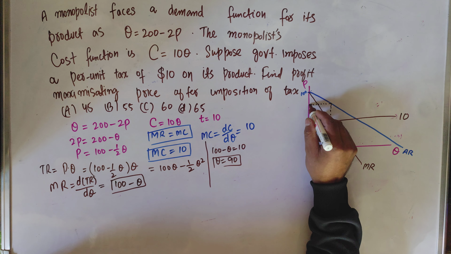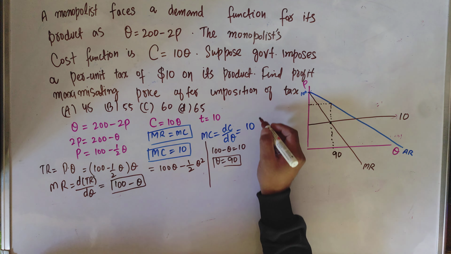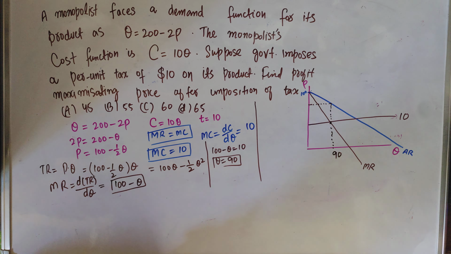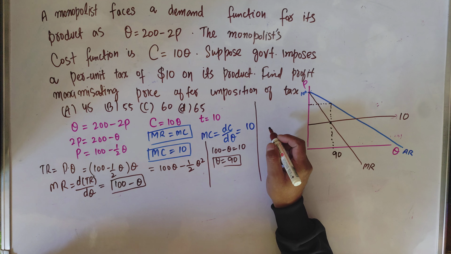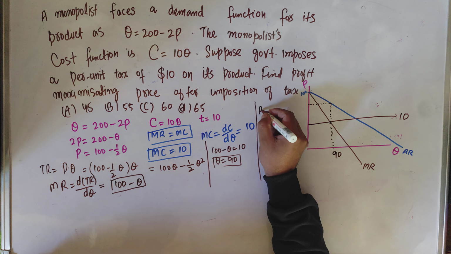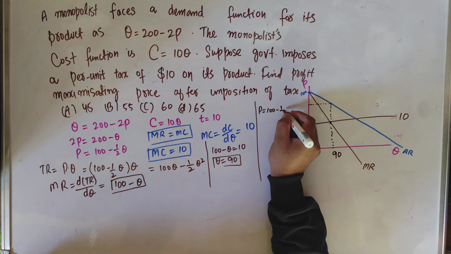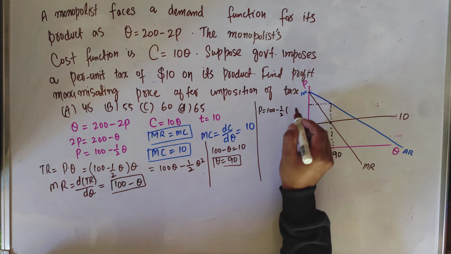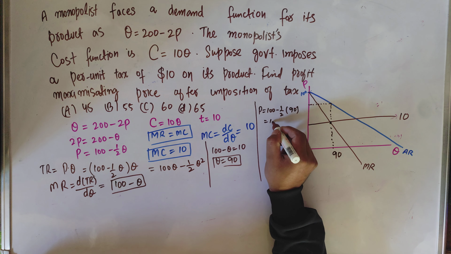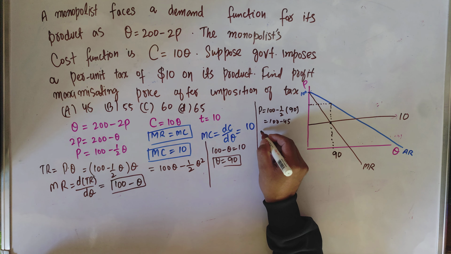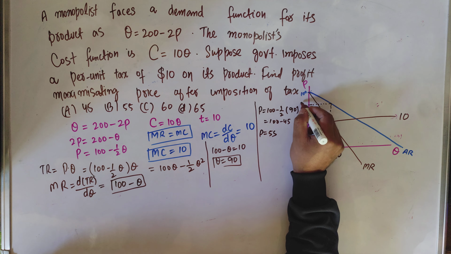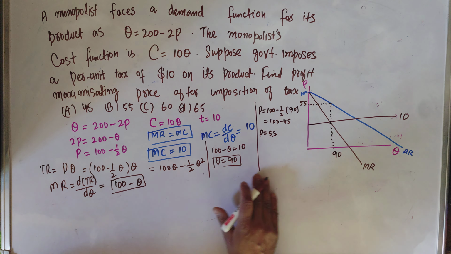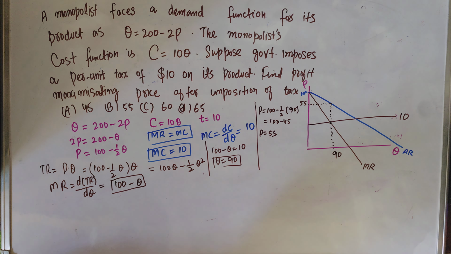We can also find the profit maximizing price. That was not required, but I am just trying to explain things before the imposition of the per unit tax. So plug Q = 90 into the inverse demand function. P will be equal to 100 - (1/2) times the profit maximizing output, which is 90. Solving this gives us 100 - 45, which comes out to be 55. Now, what exactly is the question? What will happen to the profit maximizing price